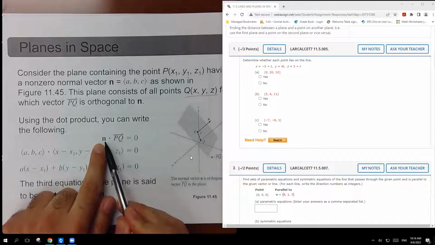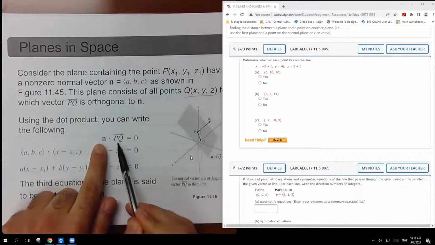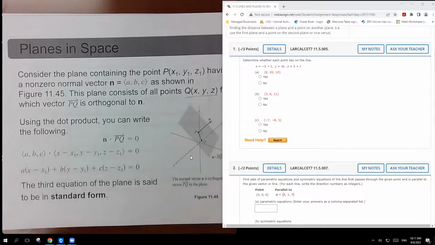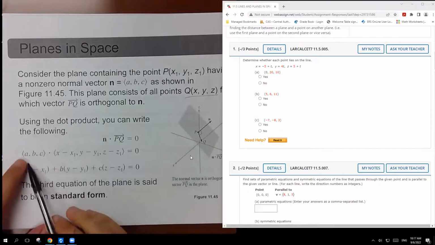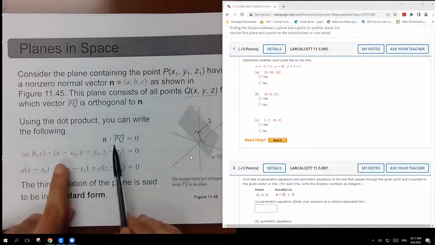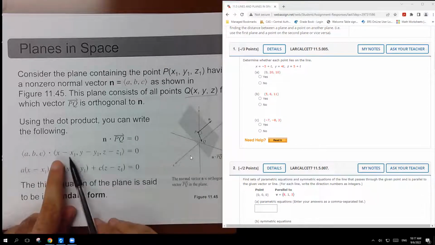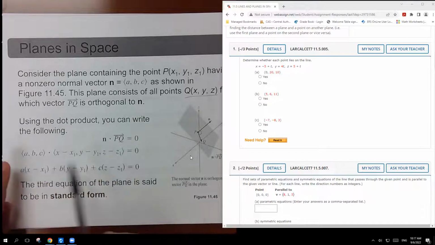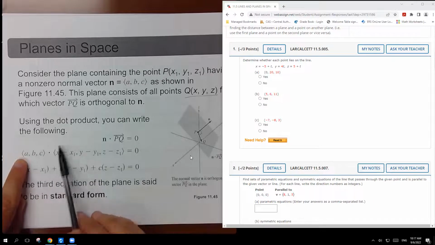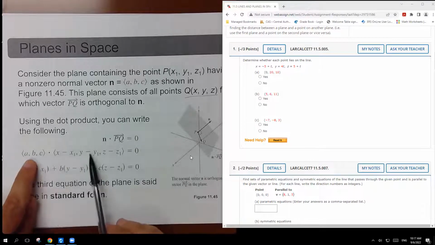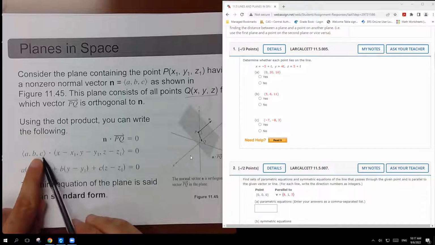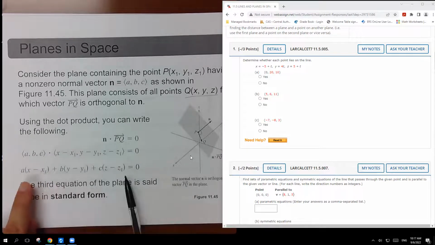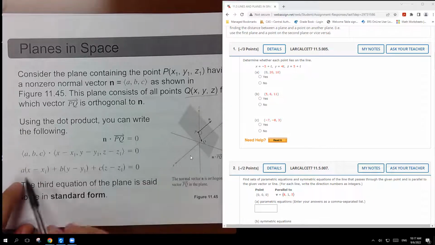The dot product between the normal vector and the new vector is going to be 0 because they are orthogonal. Here's the n vector, which is (a, b, c), and here's the new vector PQ, (x minus x1, y minus y1, z minus z1). Then we do the dot product: a times this one, plus b times this one, plus c times this one. This is the standard form, and we got a new form. It's called the standard form of the plane. If they ask you to find the standard form,